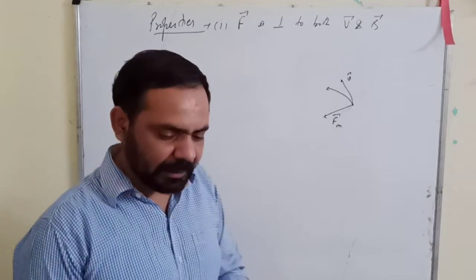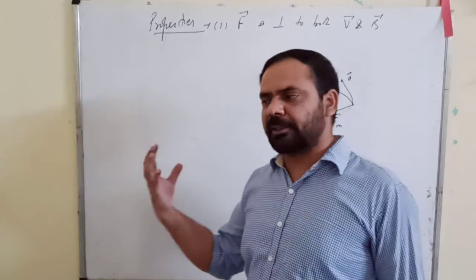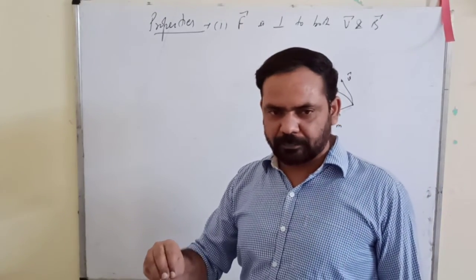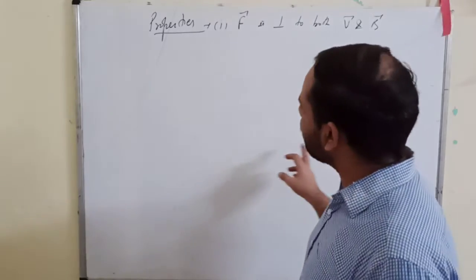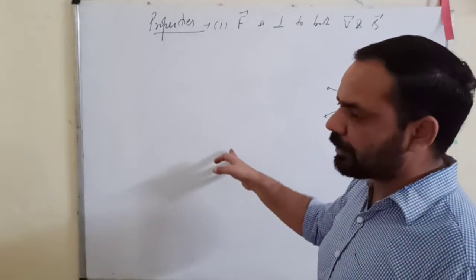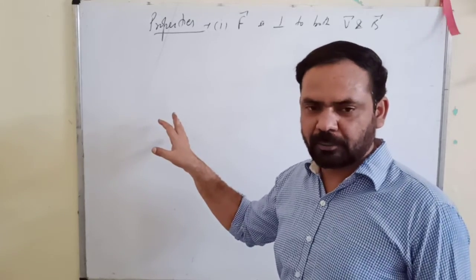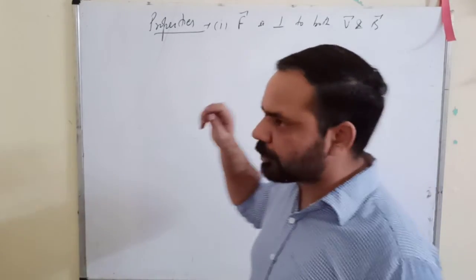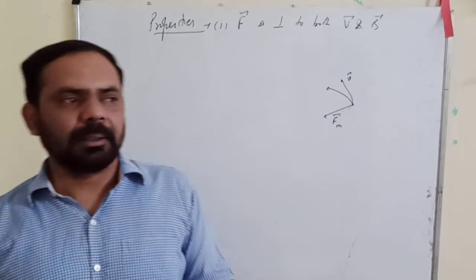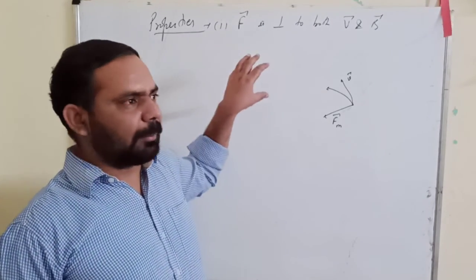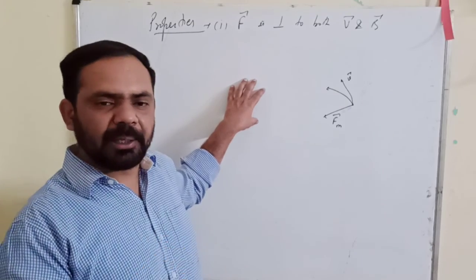I am repeating once again, that if a charge passes through a region, and its speed is not changing, if the speed does not change, then you will say that that particular region has only the magnetic field, it does not have any electric field. Okay, but if the speed also changes, then the place is having the electric field. Okay, the magnetic field may or may not be present there.